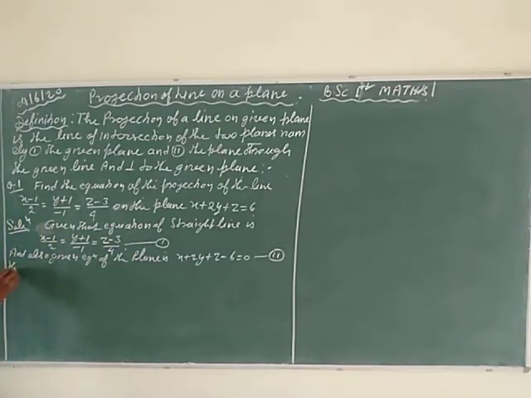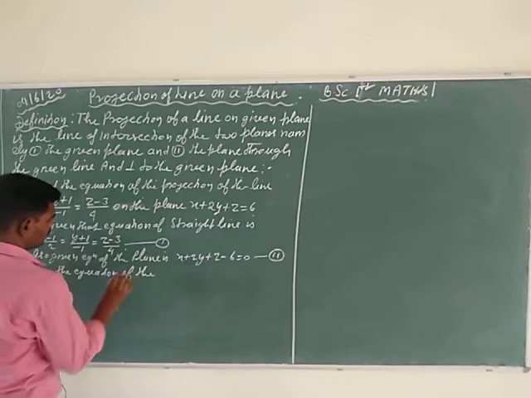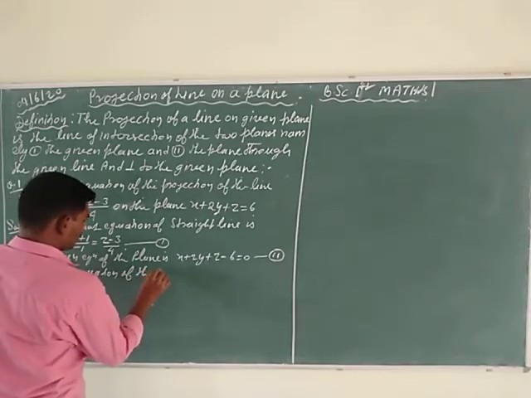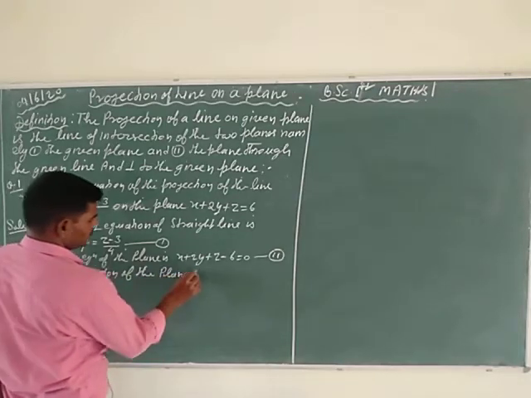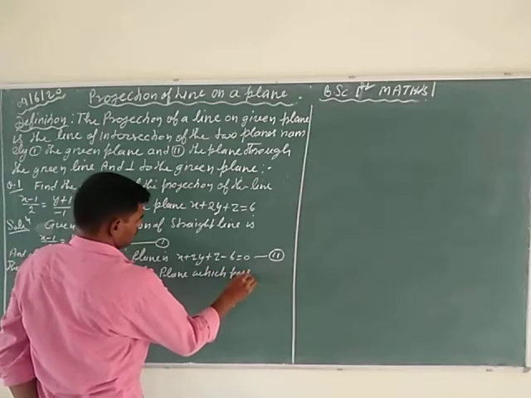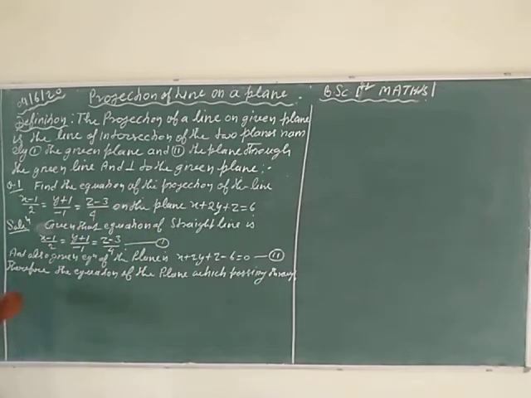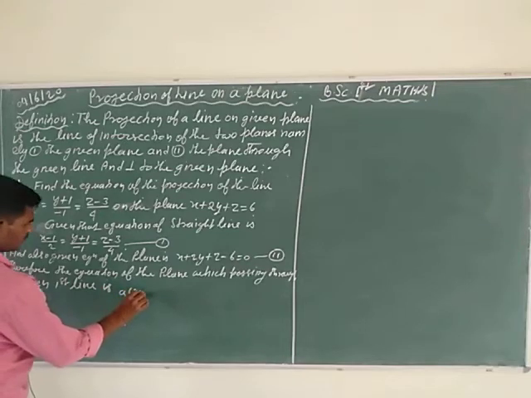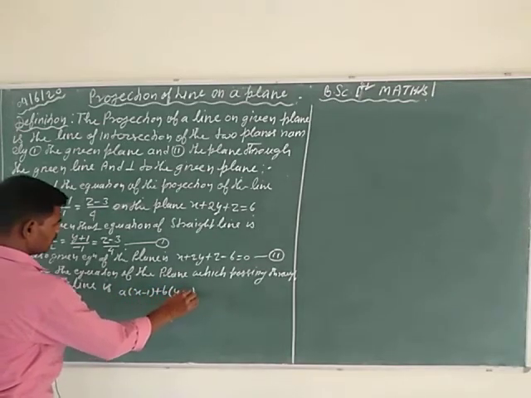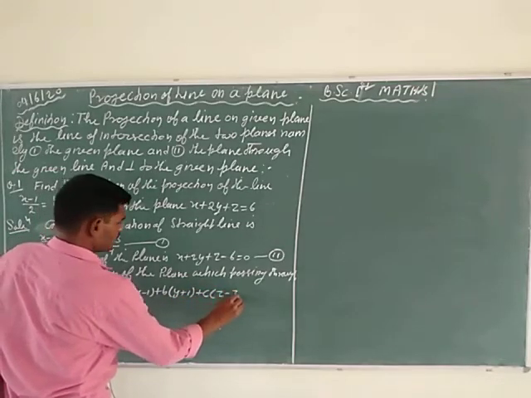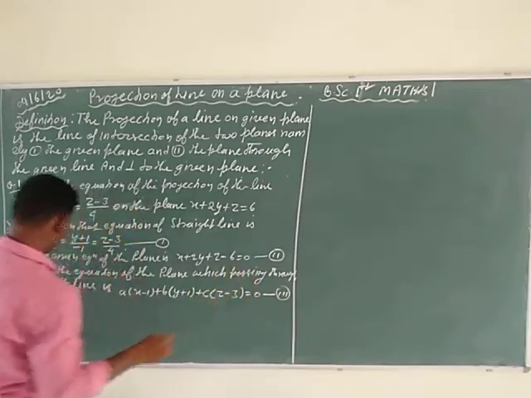Therefore, the equation of the plane passing through the given first line is a times (x minus 1) plus b times (y plus 1) plus c times (z minus 3) is equal to 0, represented as the third plane, where small a, b and c are